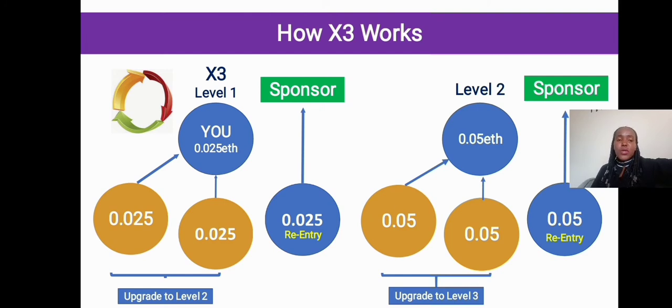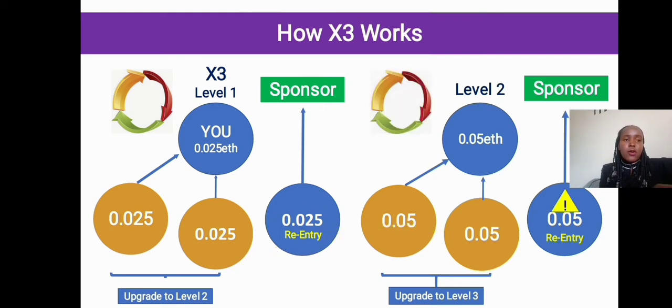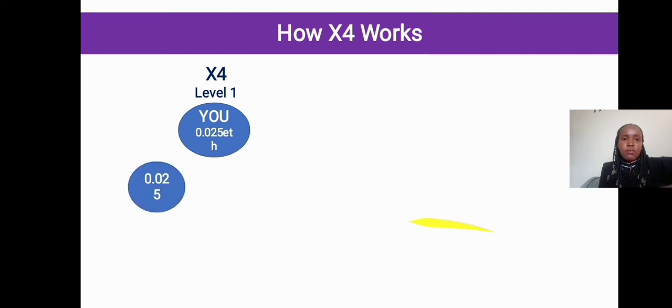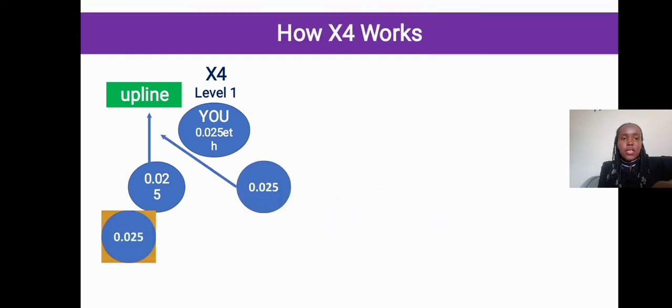This means that when you refer someone who activates all the 12 slots, you earn 100% of that investment if you have activated the same number of slots. Now I want us to look at how X4, the Forsage X4 works. As I said, they both have 12 slots. The only difference here is that this is an investor program, while the X3 is the agent program.